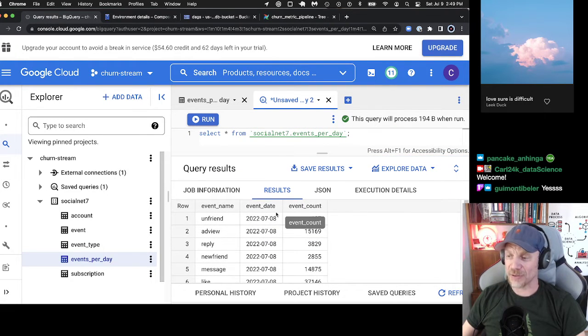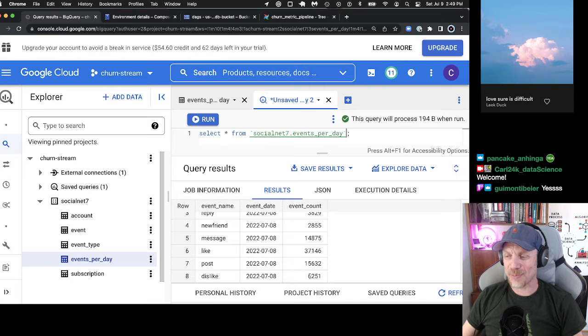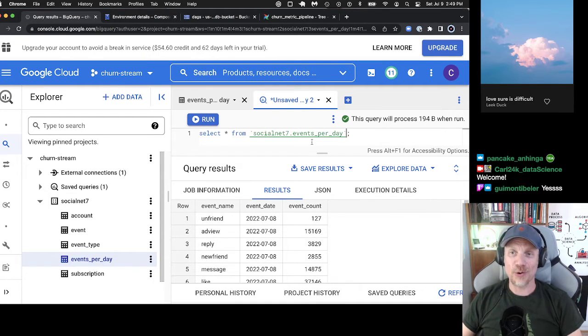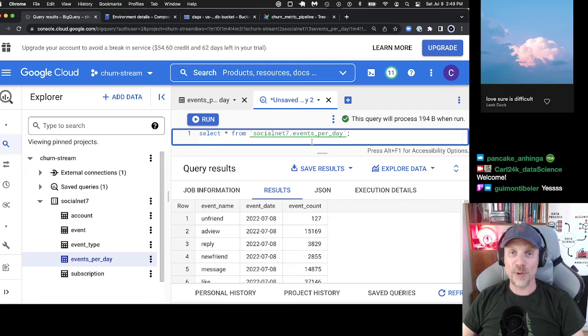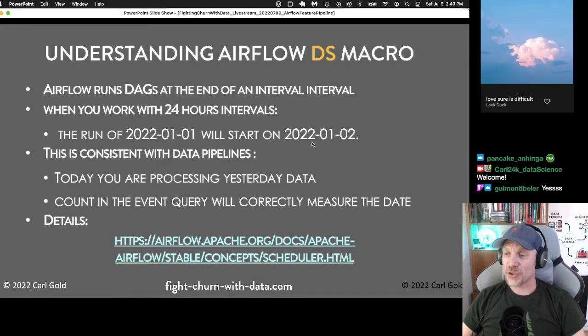So these are my counts. Well, these are just the same ones that we saw, right? They should be, because we basically just ran the same query, if I'm not mistaken. But now they're actually in the events per day table. All right, so what does it do for us now that they're in the events per day table? Well, for one thing, we can check them over time, and we can keep track of the count of events per day as we go through time and see if the amount is increasing or decreasing. In the short term,